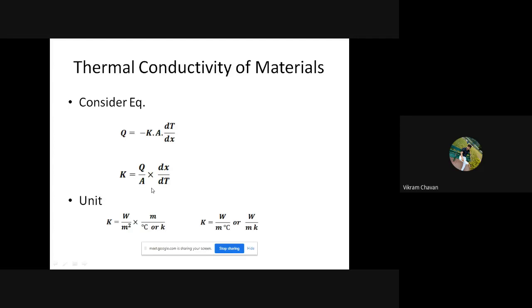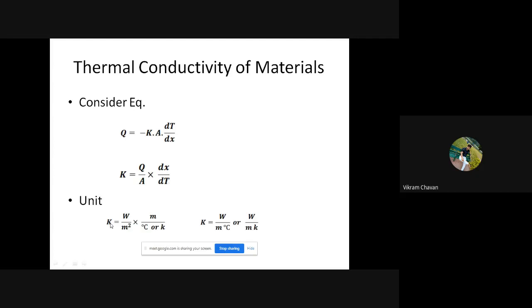No problem, if you are using degree celsius you can use it. If you want to use the degree kelvin, then also you can use it. So there is no particular difference if you use the degree celsius or degree kelvin. Okay, because we are taking the difference, the temperature difference. So in the first temperature you are adding 273, minus the second temperature you are adding 273. So there will not be a change, we are taking the difference only, so the quantity will remain the same.